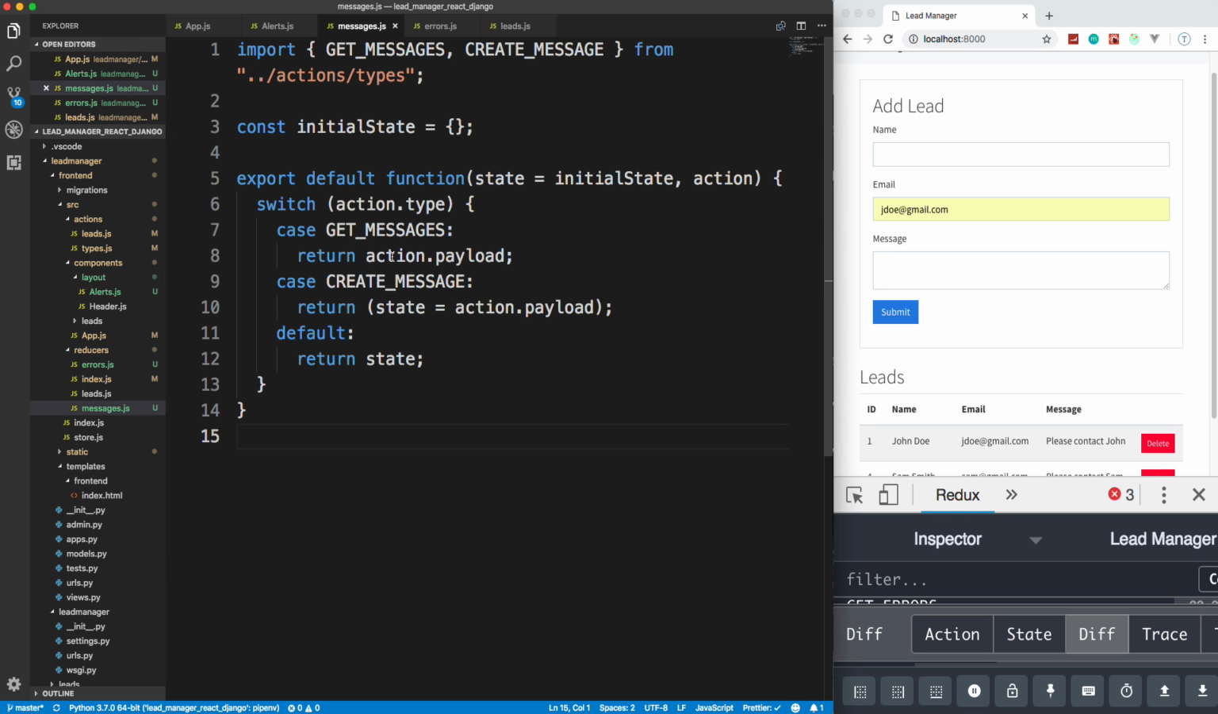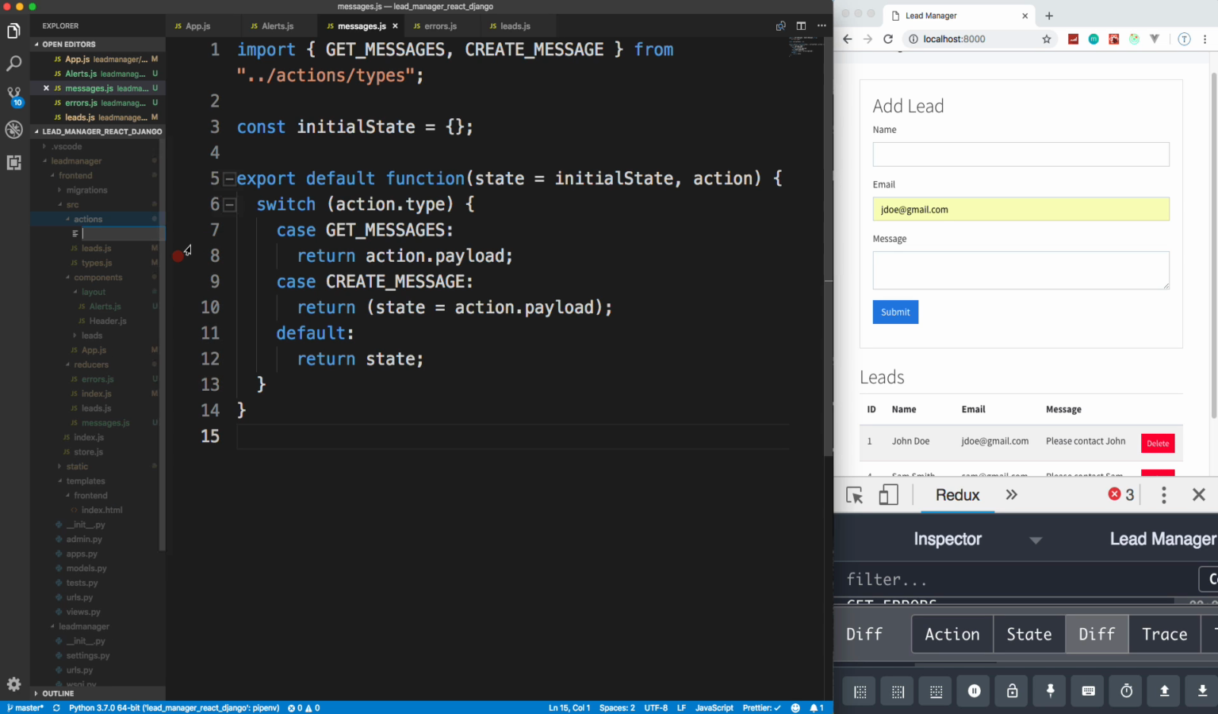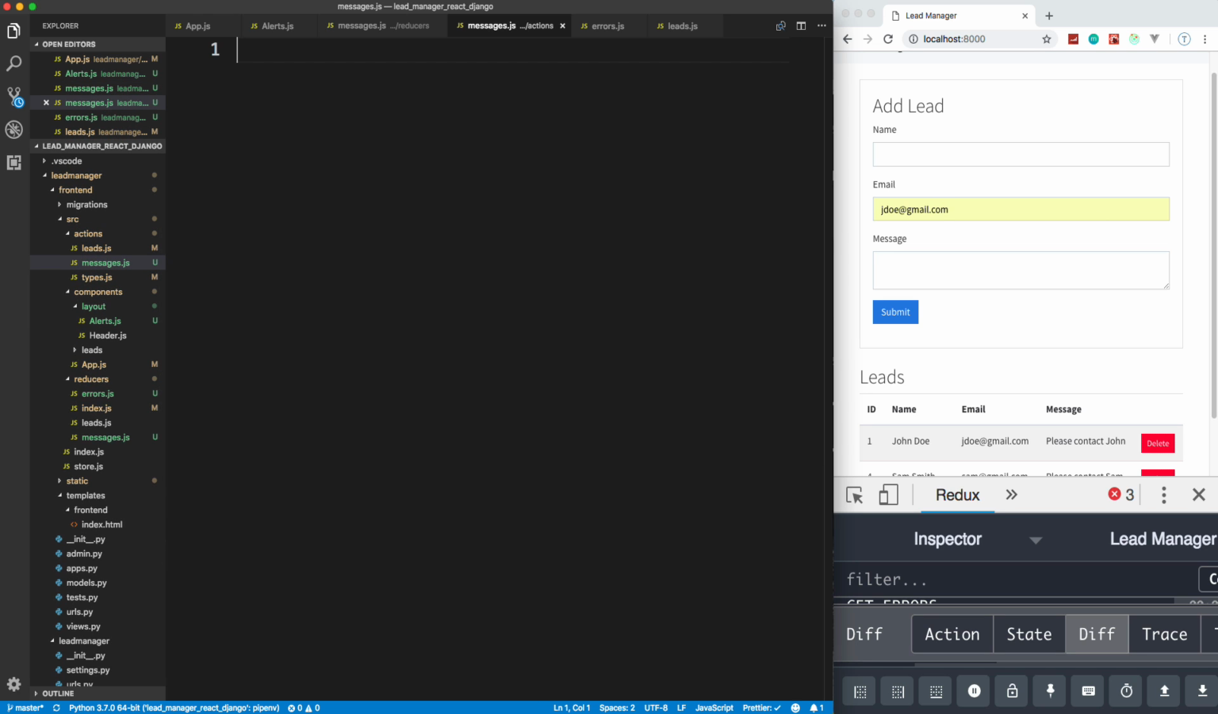So let's create in actions a new file called messages.js. And from here is where we want to add our create message action. So we're going to import create message, import create message from types, and let's say